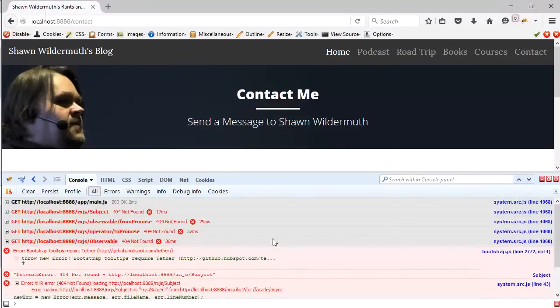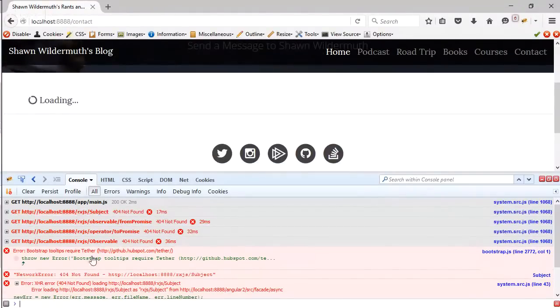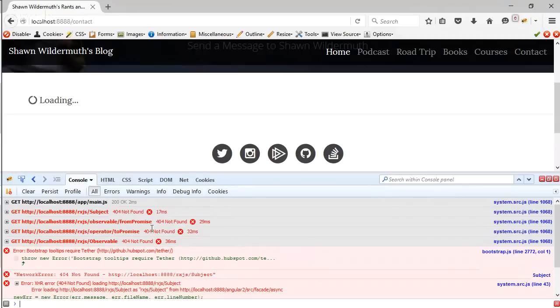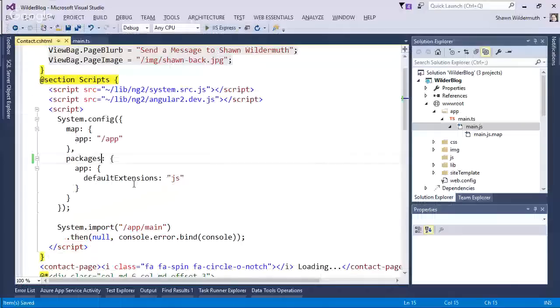Refresh. And we want it to be working, but we actually get a bunch of errors because we're missing things in RxJS. And that's because, as well as this main file, it is loading the main.js now. It's not being able to find these other parts of the system. And that's because system.Angular2 and system.js are important because those are sort of the core of it, but they rely on other libraries. Even though we didn't bring them into our project, they're brought in as dependencies. So we go ahead and look at our